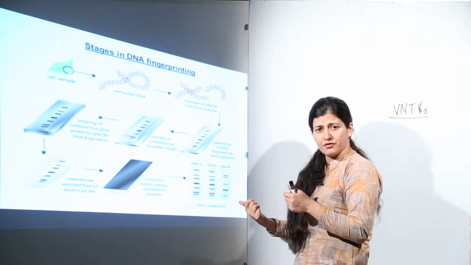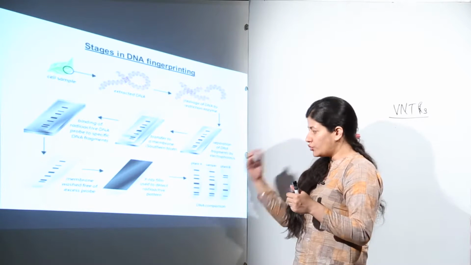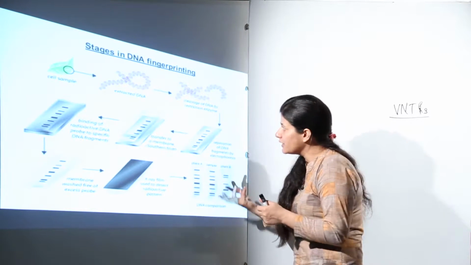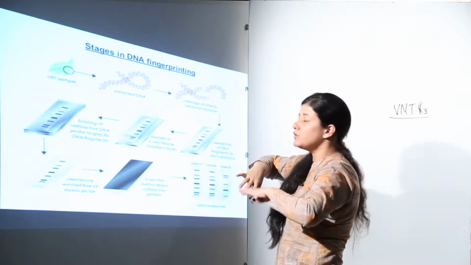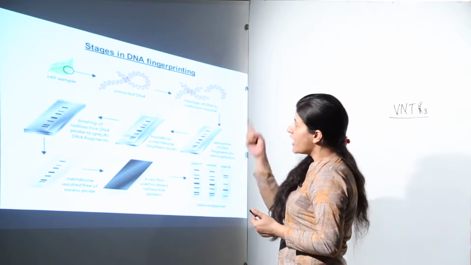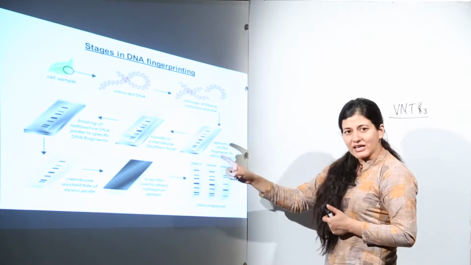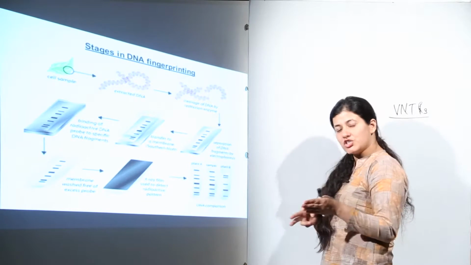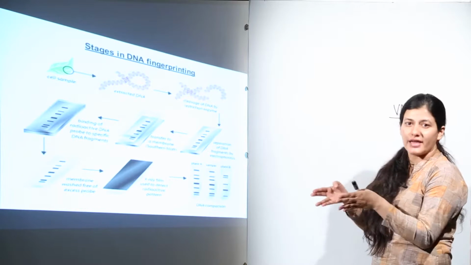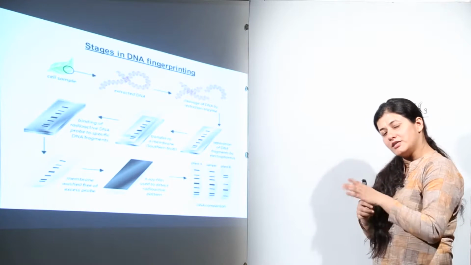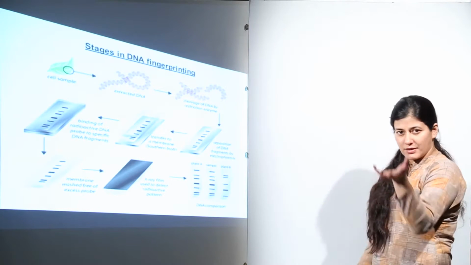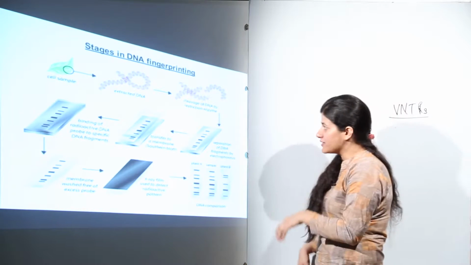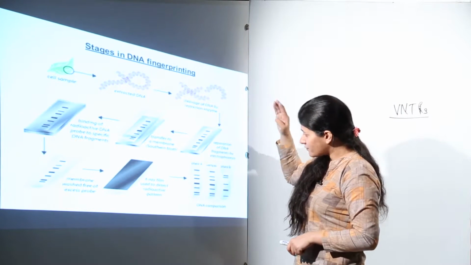For this DNA extraction, you need to go through what we studied in biotechnology, the topic of isolation of genetic material. The DNA extraction takes place in which we dissolve the cells and extract the DNA. After that, the DNA is cleaved using a specific type of enzymes known as restriction enzymes. Those restriction enzymes cut the DNA at specific sites. They are very specific, they are going to cut the DNA at that very site. Again, if some other DNA is subjected to that restriction enzyme, it would give the same fragments.